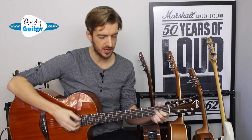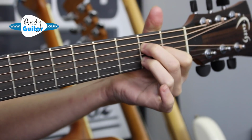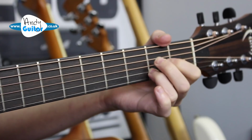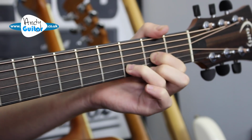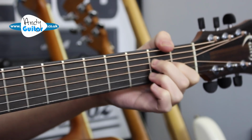So the first chord in the song, in my arrangement, is an A major, which we can play like this, or like this. 3 in a line is totally fine, but if we use this method from my beginner's course, we can keep it down and go for the D chord like this. So for example, if we just strum,